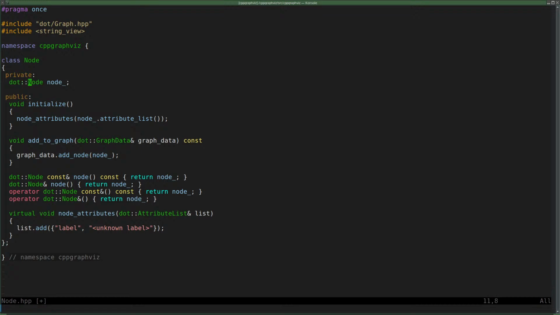And that hides a dot node. So yeah, you would say if I derive this node from that one, so I remove this and I make it a base class, then I can do my static cast from that base class back to the node. But it doesn't help because